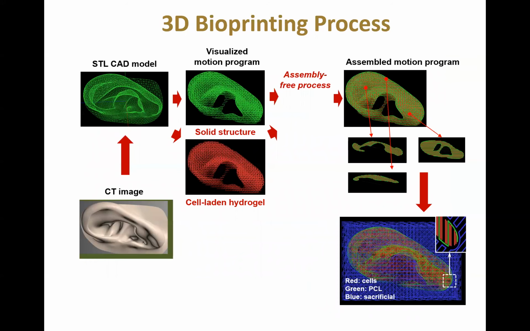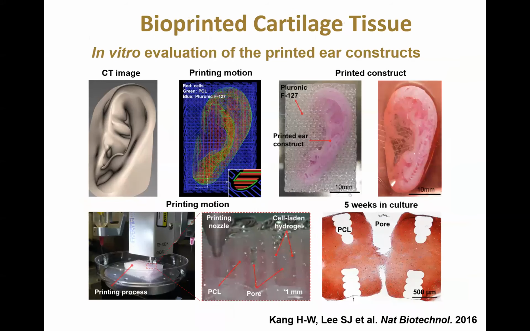And this just shows an example of that, where you can take your medical image, produce STL CAD and a motion program for the structural component, PCL, and then a cell-laden hydrogel structure, combine those, and then print your 3D structure. And this shows that ear construct that was printed, and you can see once you remove the sacrificial material, you have that